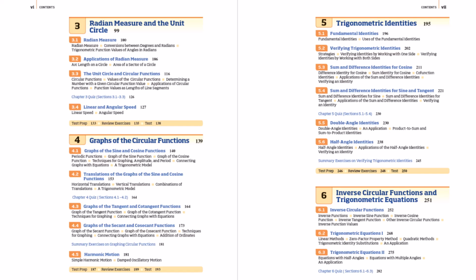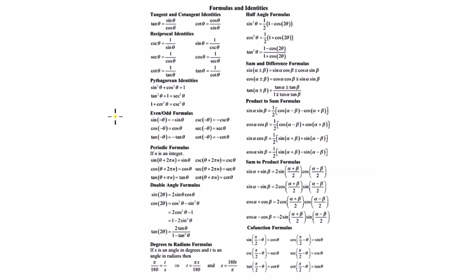In this video, we're going to start chapter 5 of the trigonometry textbook. Chapter 5 is on trig identities, trigonometric identities. And so you might already be familiar with a sheet of paper like shown here. You can Google this, go to Google Images, and there's all kinds of different ways that the trig identities are